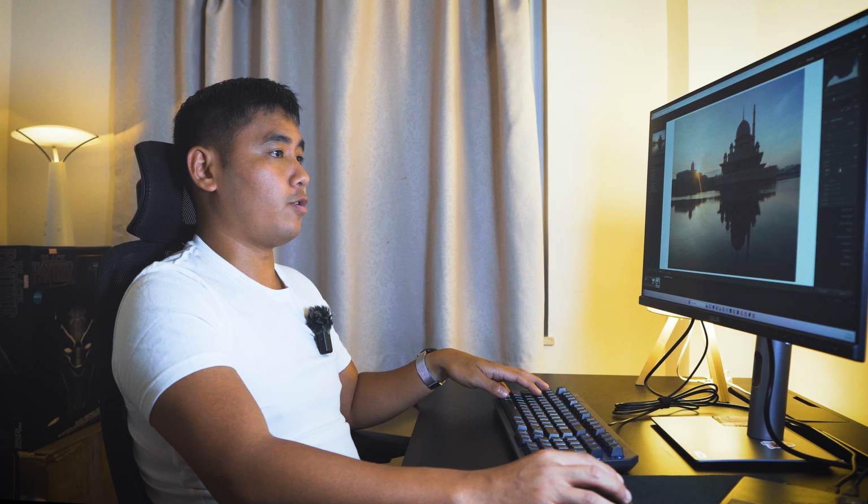Learning how to effectively add contrast in your photos is an important skill to have if you want to bring out its potential, and it could even make it look like it was taken by a pro. So today I'll walk you through how I do that in Lightroom Classic, and mind you, we're looking at things